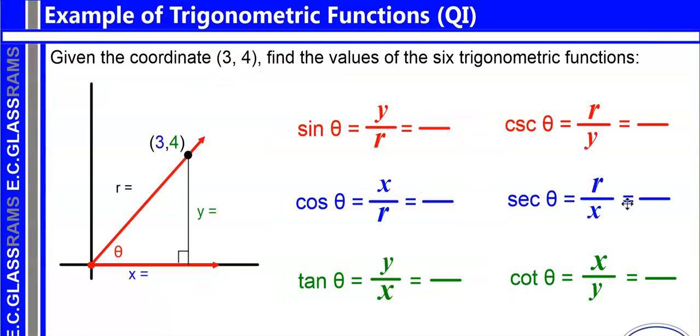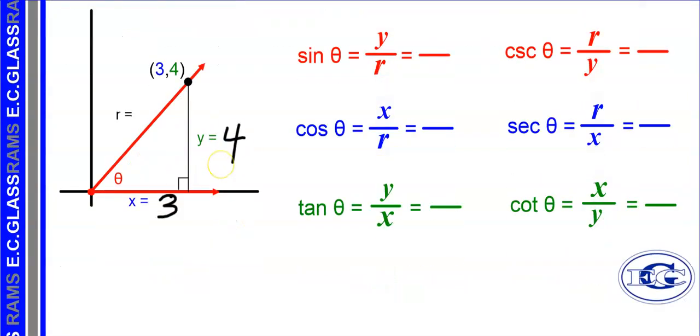So now let's dive right into finding the values of the trig functions given a point on a graph. So we are given 3 and 4. Well, that means that x is equal to 3 and y is equal to 4. But in order to find r though, this is where the Pythagorean theorem kicks in, and you say, alright, what is 3 squared plus 4 squared